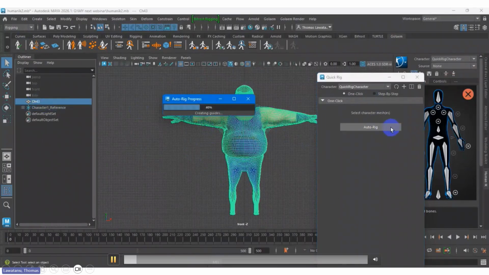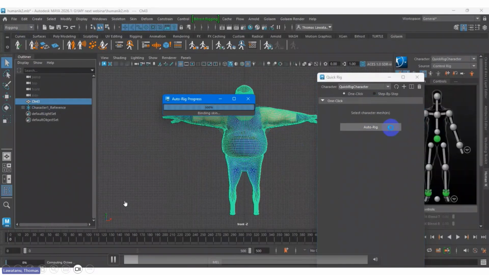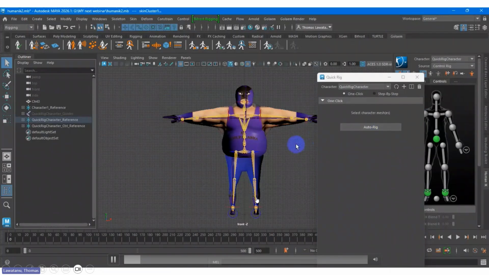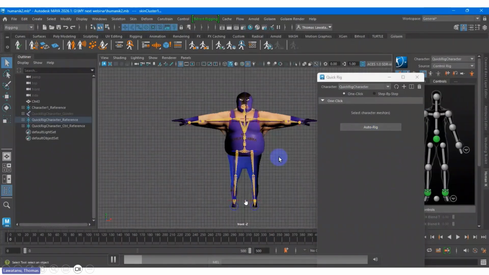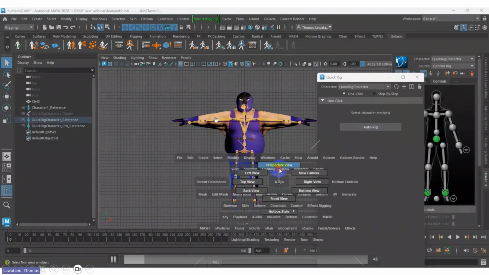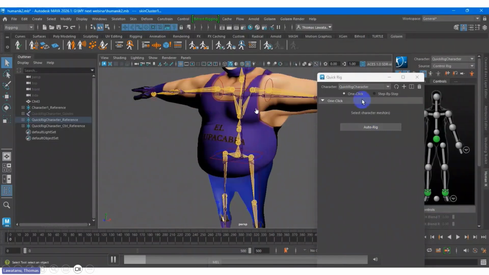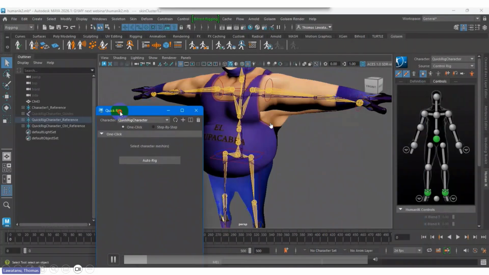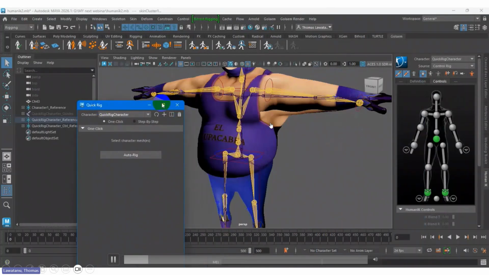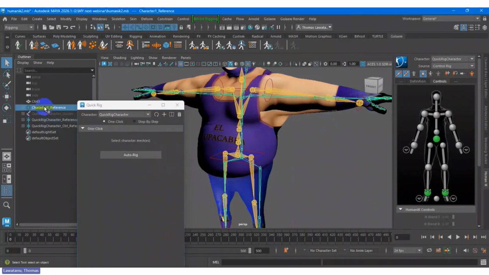Okay, so I select it, then automatically, 1 2 3 4 boom, all the rig is set up easily. Because this is the auto rig, it automatically creates everything inside your character in a T pose. This is the quick rig, which means one click and everything is there.